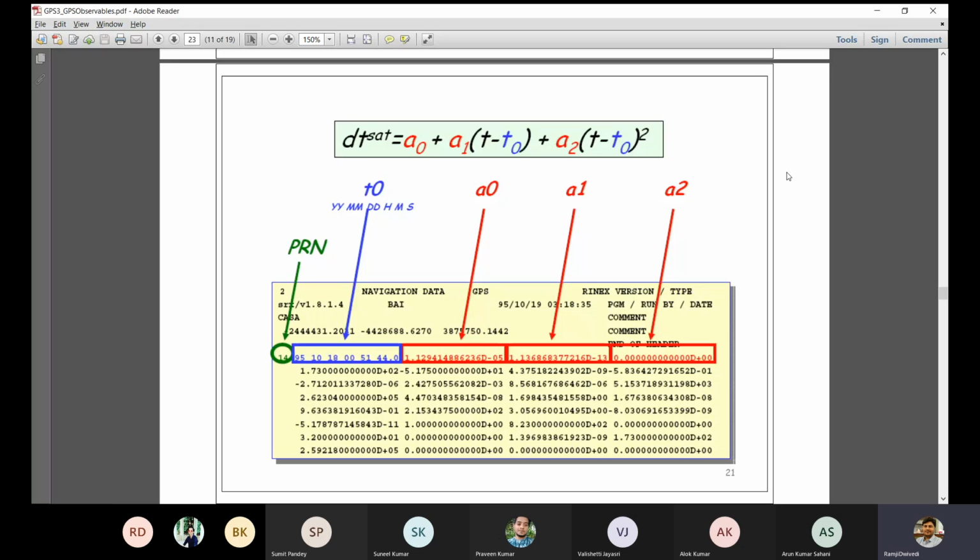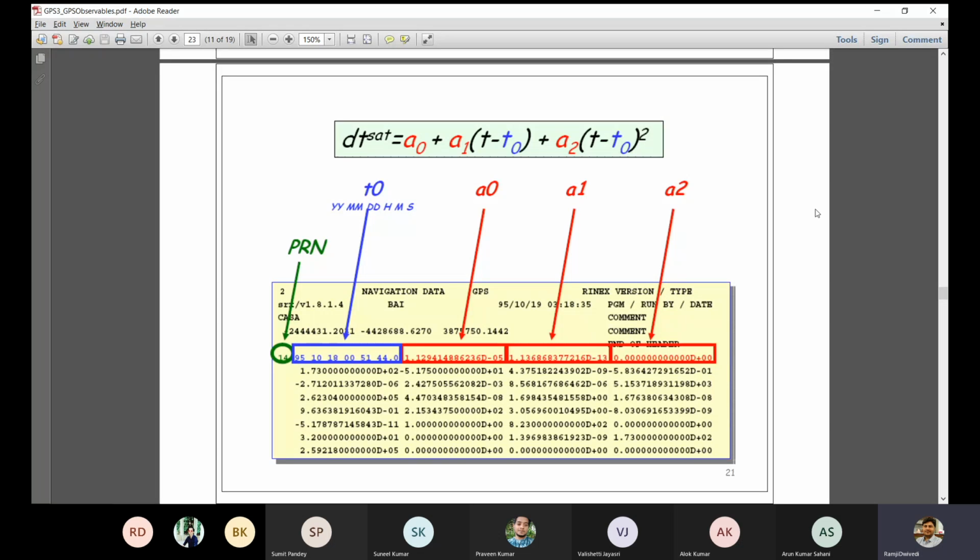Why? Because at the satellite end we have an atomic clock, and at the receiver end we have a quartz clock. The quartz clock is generally of low standard and has a very large offset with respect to GPS time, compared to the clock offset of the satellite clock with respect to GPS time. So the drift or the correction of that satellite clock would be provided by the GPS satellite itself with the help